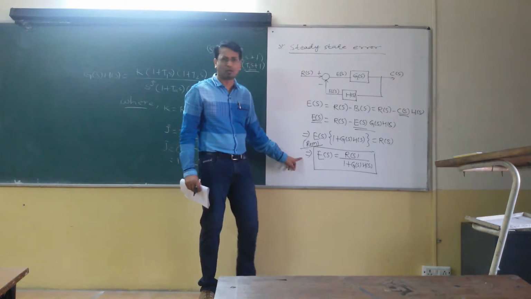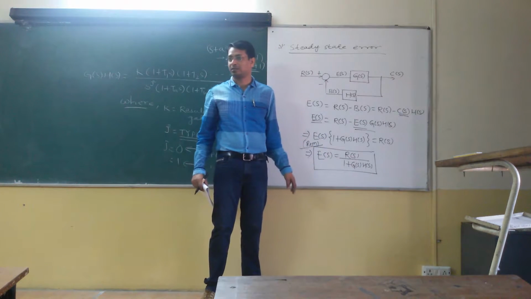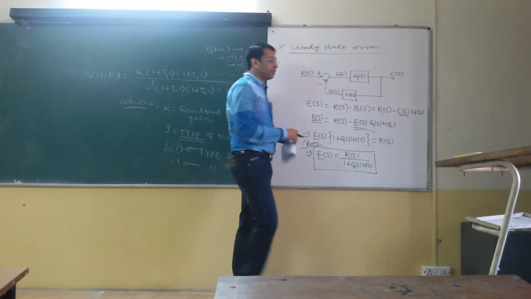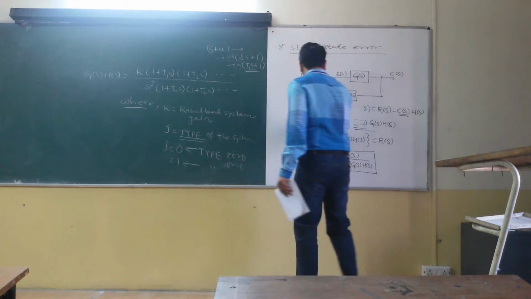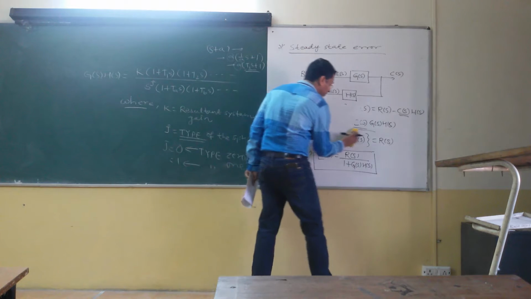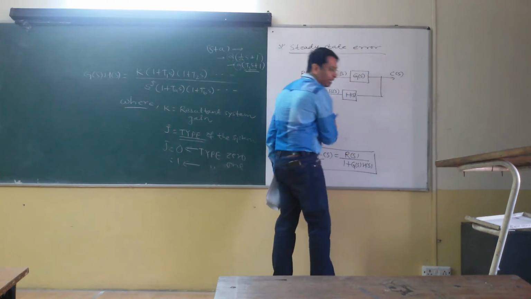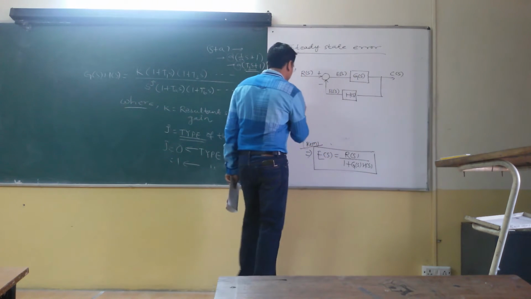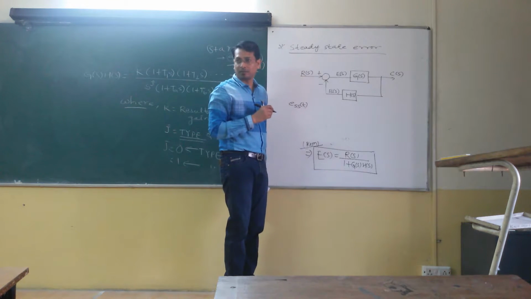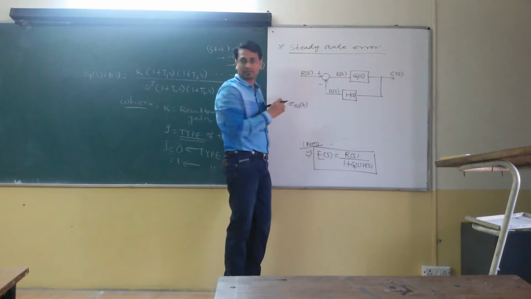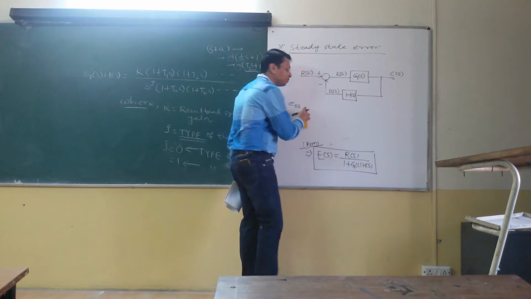This is similar to the total transfer function, G(s) upon 1 plus G(s)H(s). Here it is R(s) upon 1 plus G(s)H(s). You can correlate. Correct? But you are interested in finding the steady state error. This is your error transform and you are interested in the exact value of the error. The steady state error is e_ss, we have already defined it, or just ESS, because the steady state error will remain constant with time.